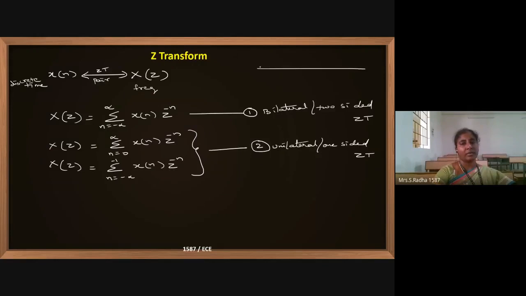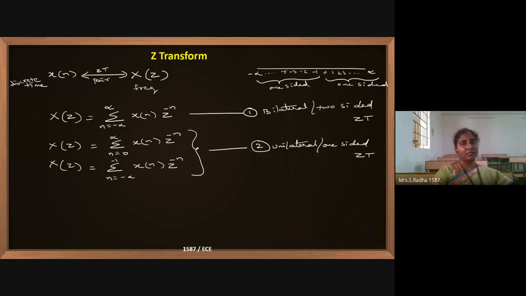If you take a number line, you have minus infinite to plus infinite, and you have minus 5, minus 3, minus 2, minus 1, 0, 1, 2, 3, like that up to infinite. What you are doing, 0 to infinite you can take. This is one-sided Z transform. In continuous time, for negative, you will take 0 also. But for discrete time, you have to take minus 1 to minus infinite only. This is also one-sided Z transform.